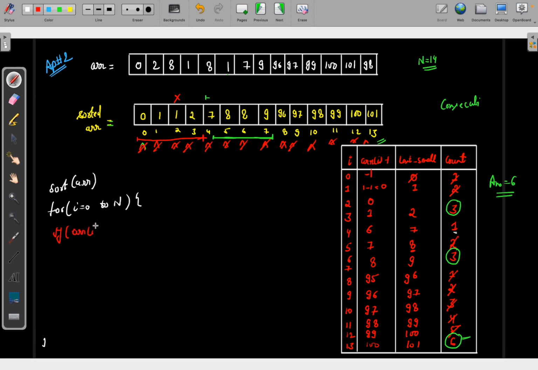So the current element is equal to the last smaller. Okay, what I will do, I won't do anything. I will simply say continue, move on. We don't do anything, simply move on. The next case is if your element arr[i] minus 1 is equal to the last smaller,